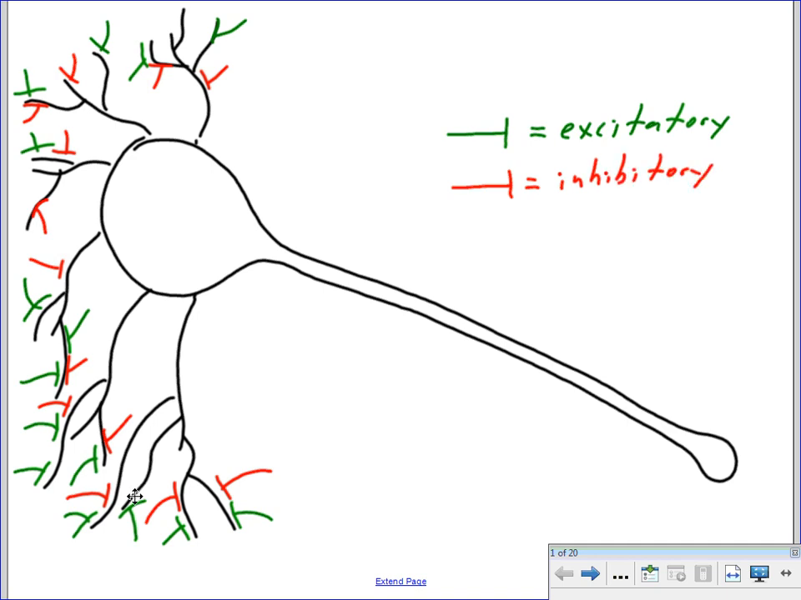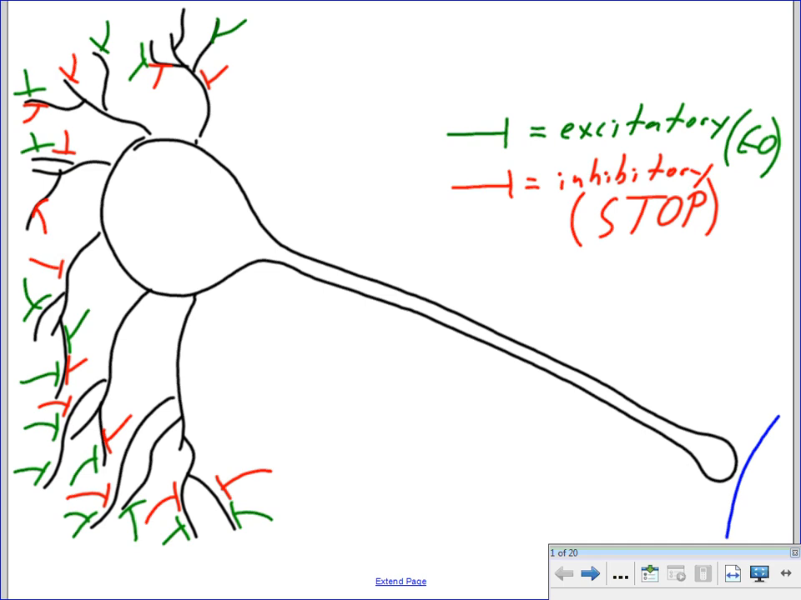So you can also think of these excitatory ones as kind of the go signal, telling the motor neuron to go ahead and send a message, and the inhibitory ones as a stop signal saying don't generate and send an action potential. At the other end, we do have an axon terminal, of course, and what we would generally have